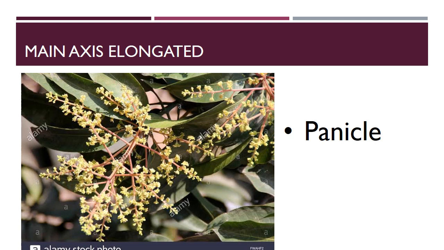Okay. So it's very simple. It is also called compound raceme and raceme of racemes. Okay. The panicle has two other names. One is compound raceme and another one is raceme of racemes. Okay. This is very important. Underline that word in your book: compound raceme or raceme of racemes.